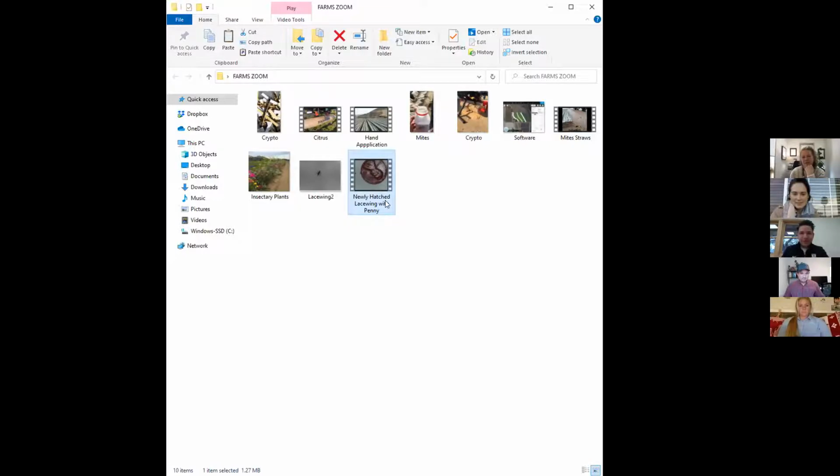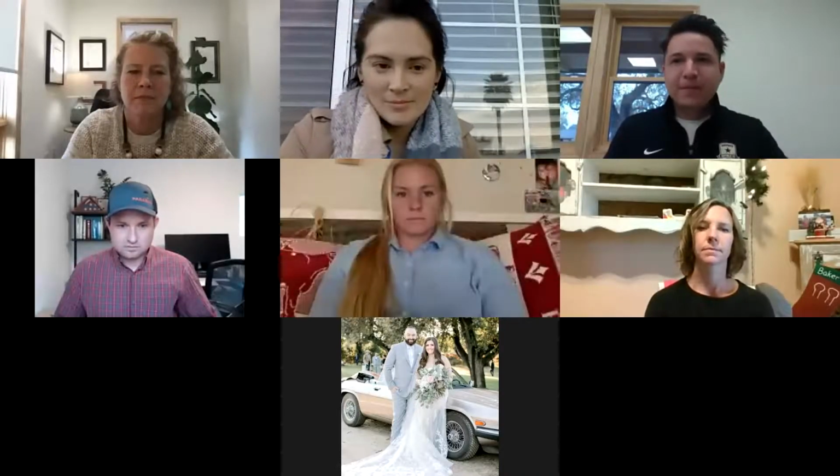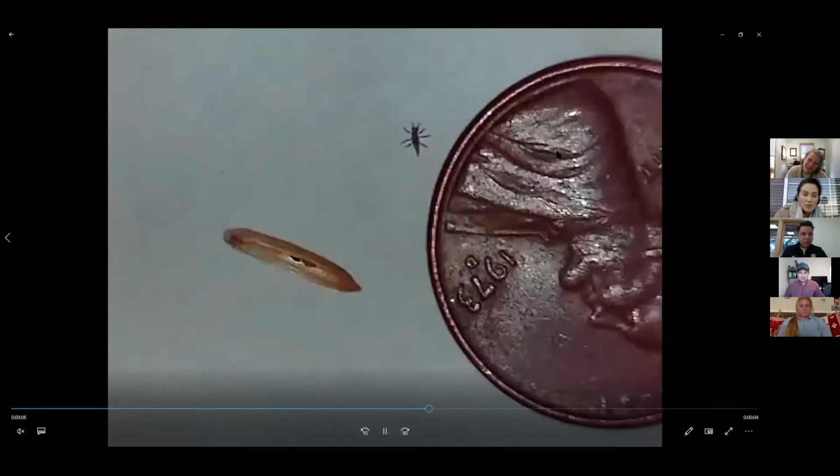So let me open this up here and share. This is actually a green lacewing. This kind of goes to show the size. This is a freshly hatched lacewing. And you see, they're nicknamed alligators, because they have these, I guess you could say, pinchers. The technical term is mandibles, and with those, they pierce an aphid or a soft-bodied insect, and they suck out the